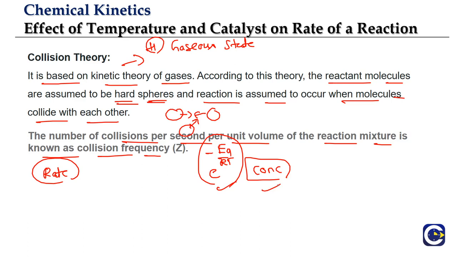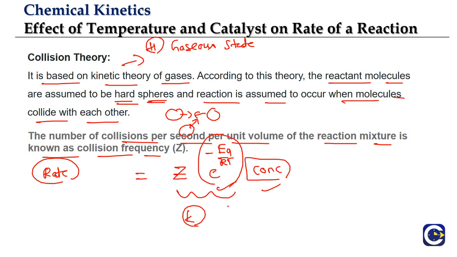Now, just because they are having energy more than activation energy does not mean that it is going to result in the formation of product. It is going to result in the formation of product only when they are undergoing collision. So if you multiply this term with the collision frequency Z, then it is going to give us the concentration of particles having energy more than the activation energy and the ones that will undergo the collision in a given time. So this is what will be the rate of the reaction. And we will look at these two terms, Z into e power minus EA by RT. This is what will be the rate constant as per the collision theory.